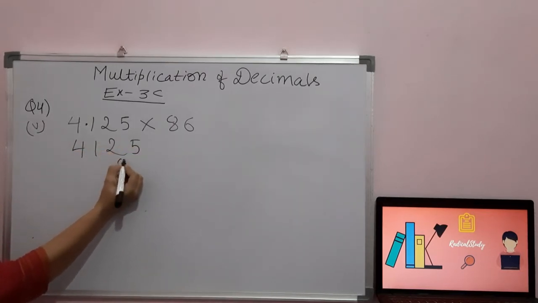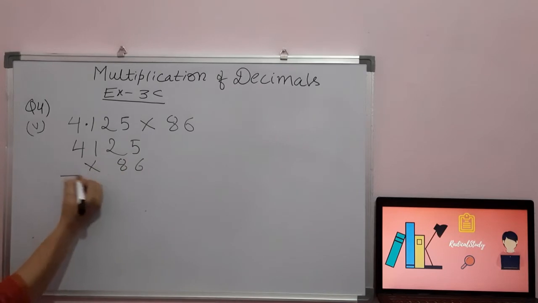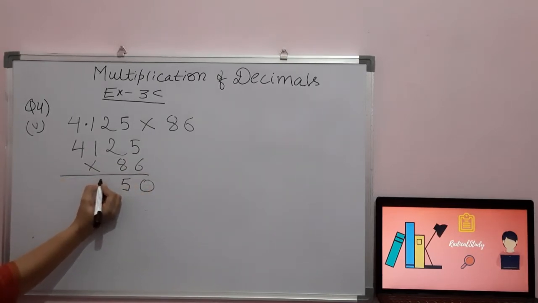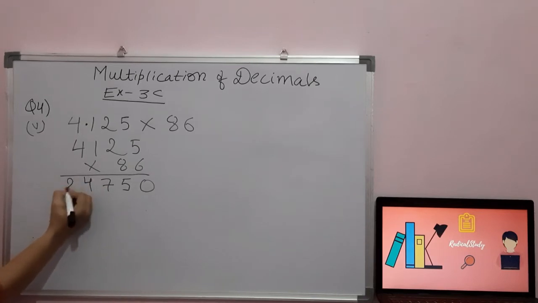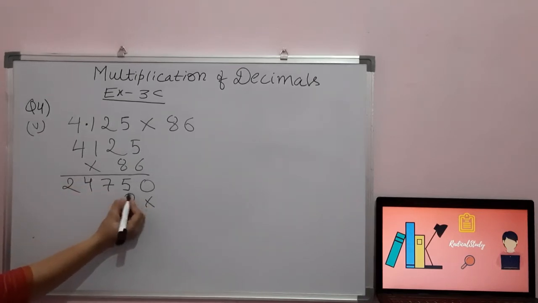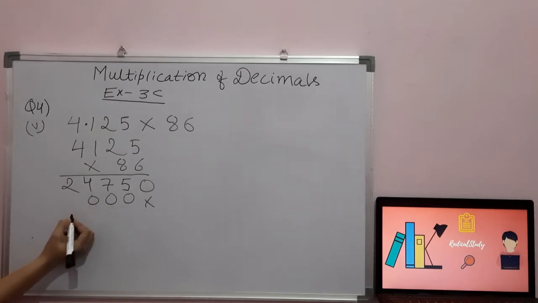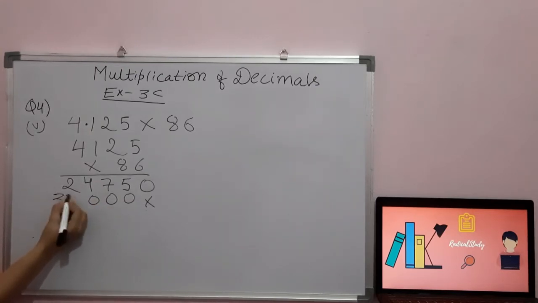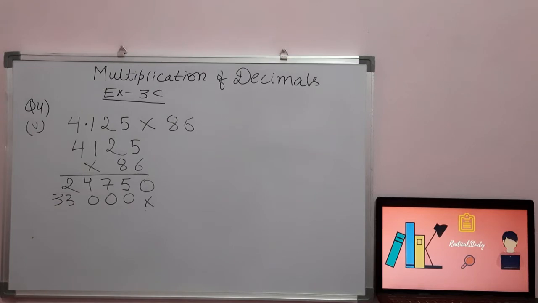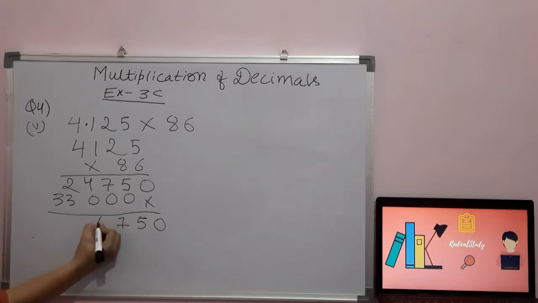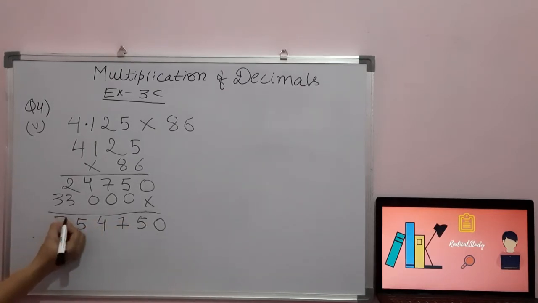So 4125. I have removed the decimal and I am simply multiplying it for you. 6 5s are 30, 6 2s are 12, 15, 6 1s are 6, 7, 6 4s are 24. Now 8 5s are 40, 8 2s are 16, 20, 8 1s are 8, 10, 8 4s are 32, 33. Right students? Now I am going to add it for you. So here it will be 0 5 7 4 5 3.